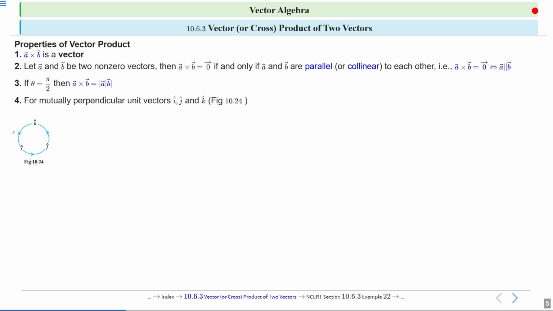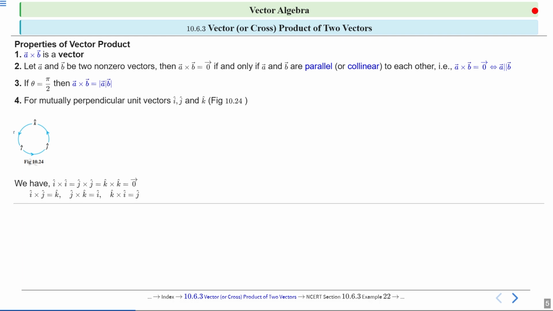So the visual helps us understand the relationship between their cross product. Now let's look at the results of taking the cross product of each unit vector with itself. We have i cap cross i cap is equal to j cap cross j cap is equal to k cap cross k cap, and it is equal to 0, right? This means that the cross product of any unit vector with itself is always the 0 vector, because the angle between them is 0 and sine 0 is equal to 0.